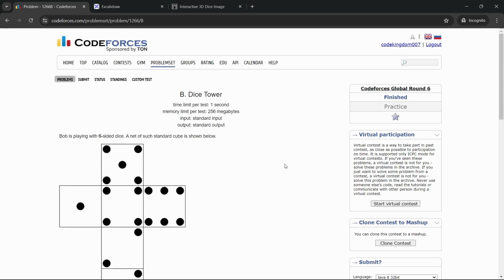On Codeforces there are certain problems which have very easy solutions. The solutions are pretty easy, but the only challenge is to understand the problem statement. That's the only challenge. Once you are successful in understanding the problem statement, then solving it becomes a very simple job. This is one such problem where understanding the problem statement is a bit challenging, you can say. But once you understand what the question is asking from you, and once you understand